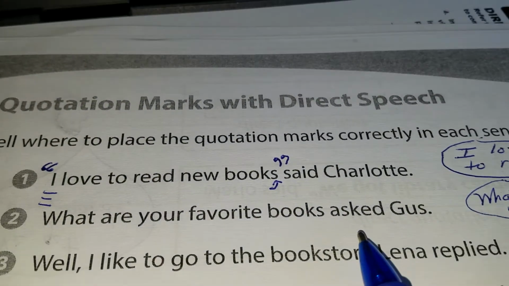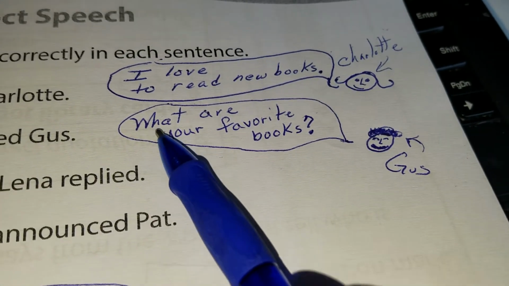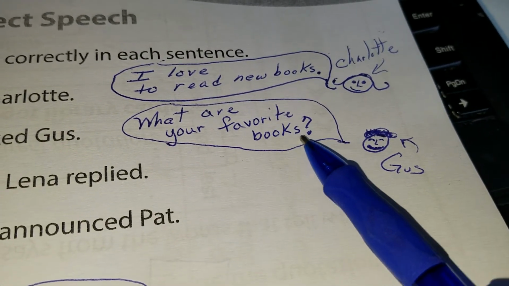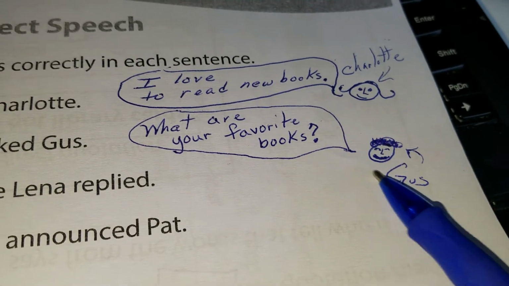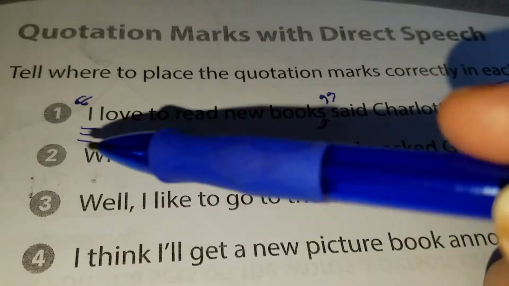"What are your favorite books?" asked Gus. Now, if we were doing cartoons, this is what it would look like. "What are your favorite books?" There would be the question, and there's Gus. This is exactly what came out of his mouth. All right, so we are going to